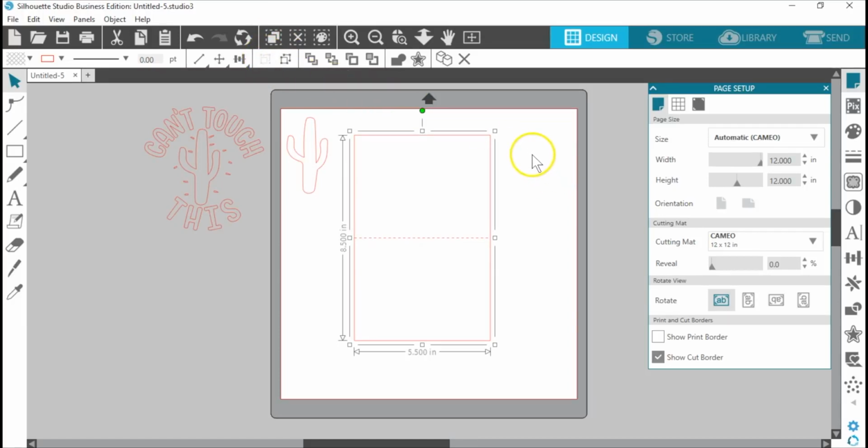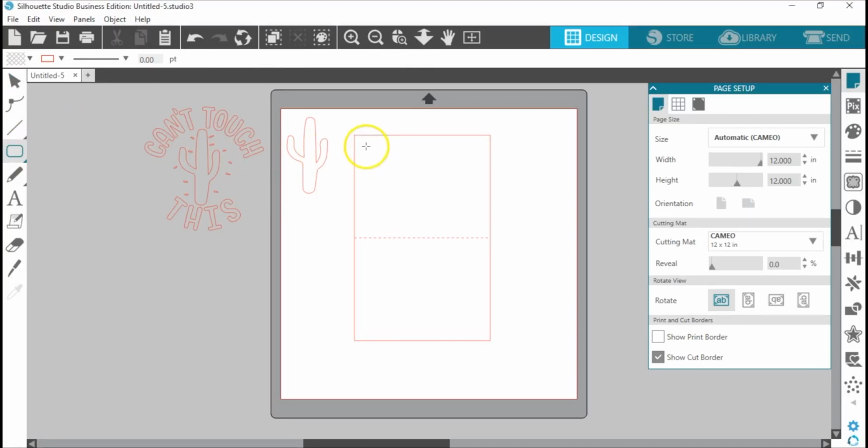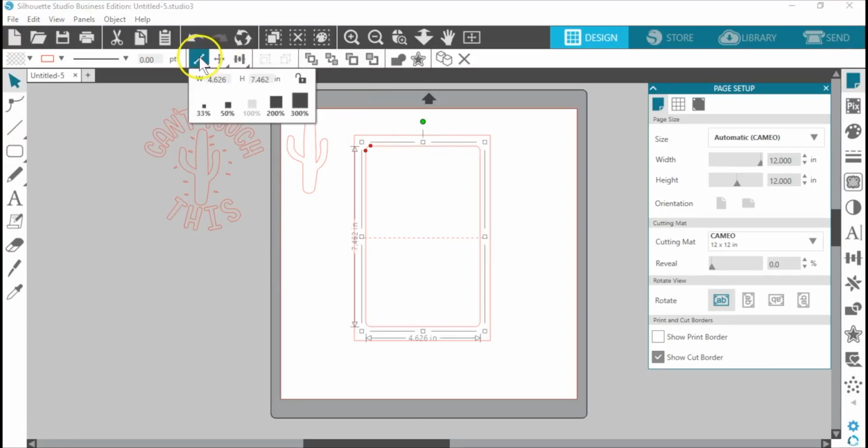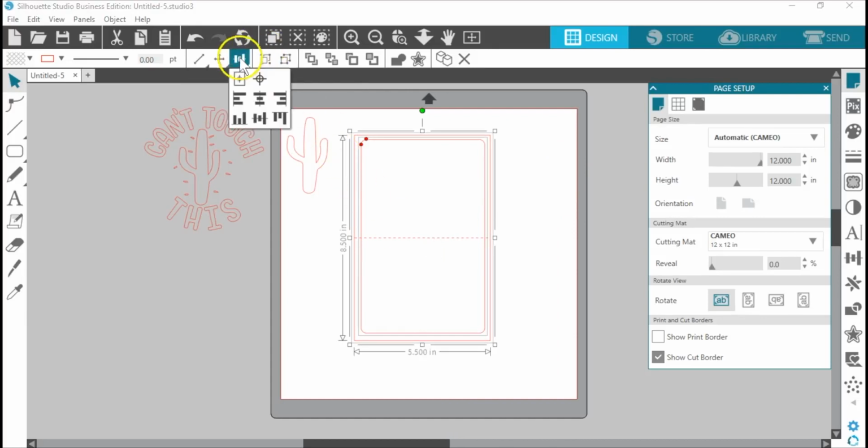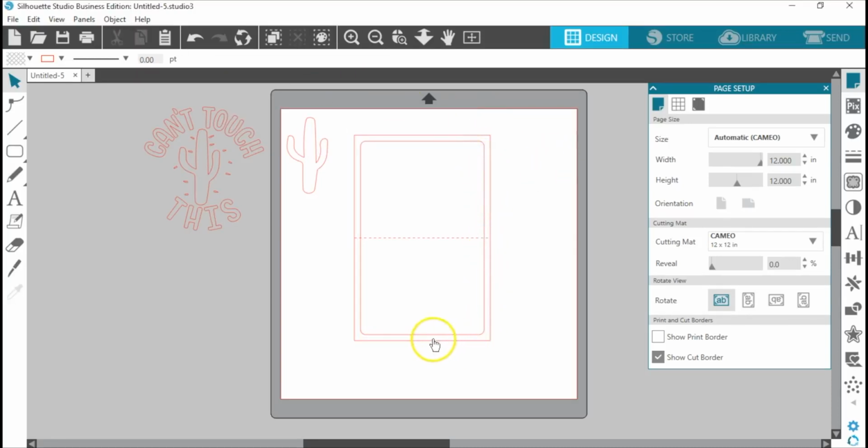Now I want to create an inner piece where the pop-up itself will be attached. I'm going to use my rounded rectangle tool, and I want this one to be 5.0 inches wide and 8.0 inches high. Select it and change those dimensions again with the Scale tool. I'll go ahead and center that with the base again with the Quick Access toolbar. That gives us an even border all the way around, the inner piece and the outer piece where it's going to be attached.